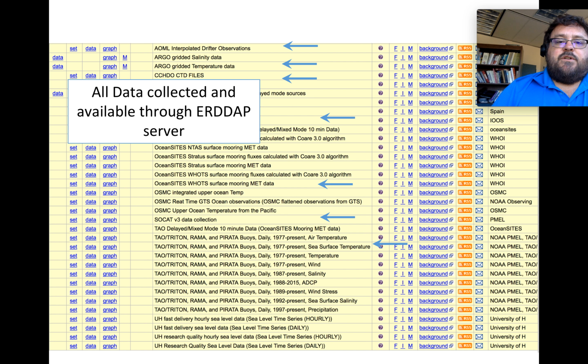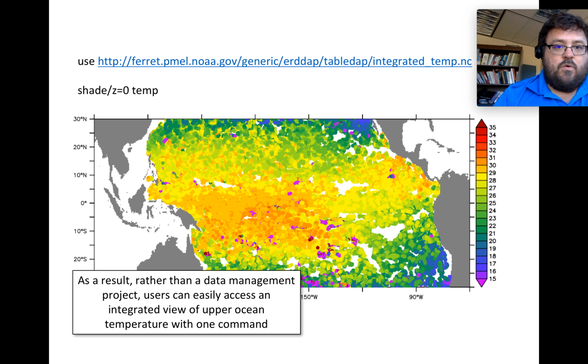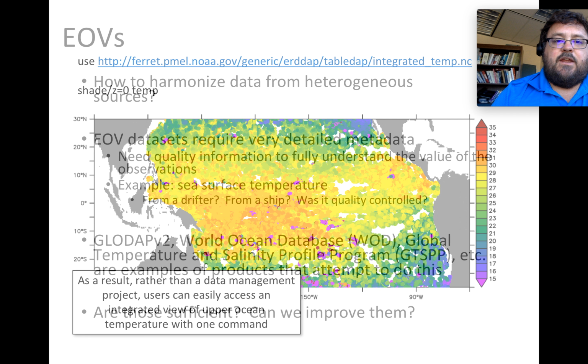So for example, here's an ERDDAP server. All the data that we have collected are in this ERDDAP server, and the uniformity of that data allows us to very easily put together a data set with an integrated view of that temperature data. With one simple, easy command, I'm grabbing this integrated view of data rather than having to go to 8 different places, download, format, reformat, and try to understand the data or what's happening. This is a very quick explanation, I understand, and I apologize for that, but interoperable frameworks and data platforms such as ERDDAP help us to move toward this path of supporting EOVs.